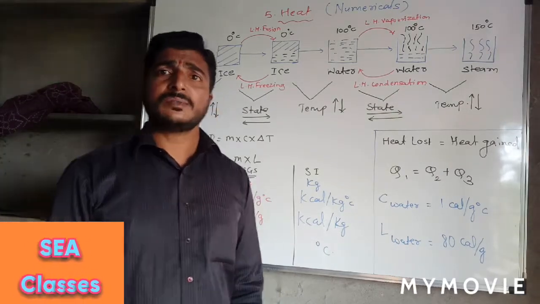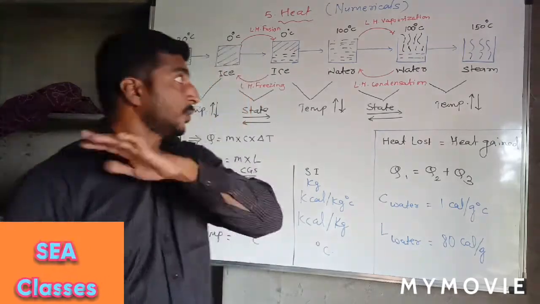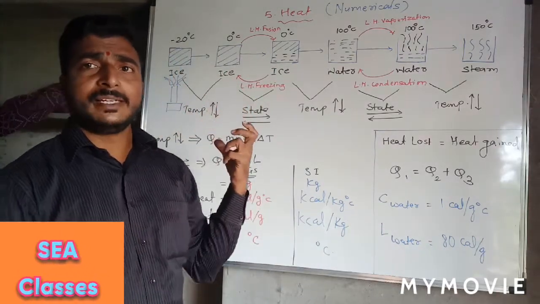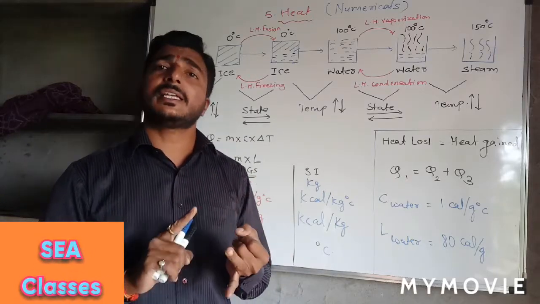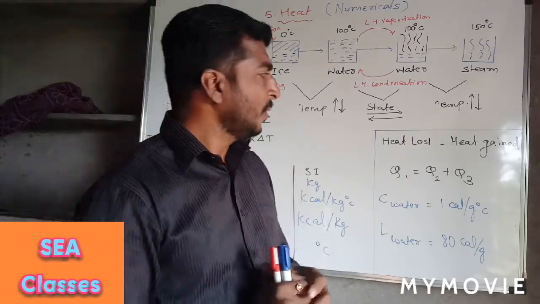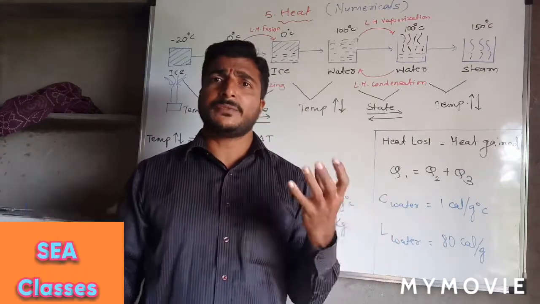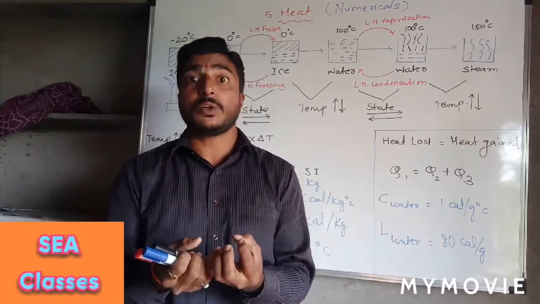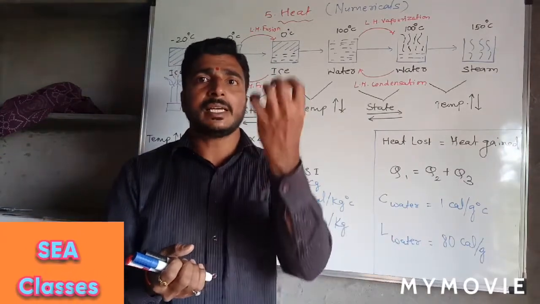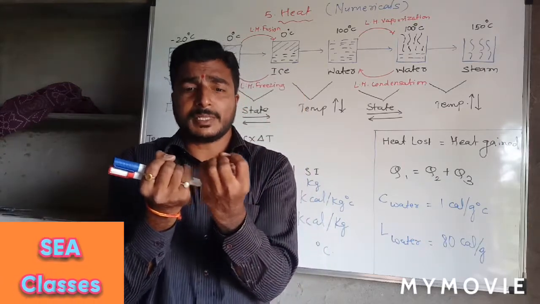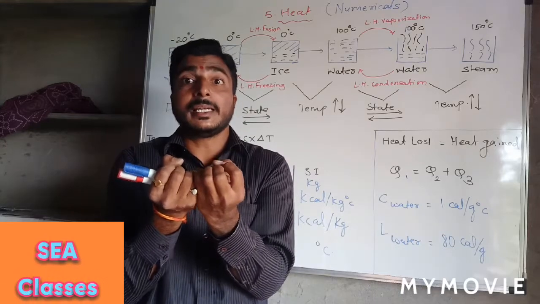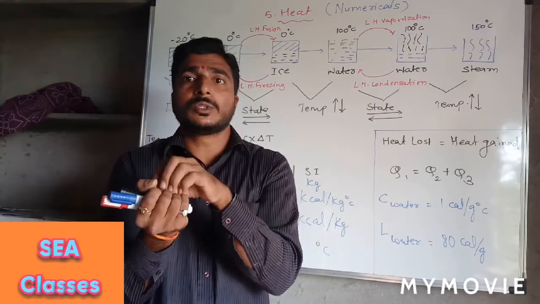Now one more concept that you have to understand. This was the case where, when an object is given heat, there will definitely be a change in the temperature or a change in the state. Now when there are two objects having different temperatures and they are placed near each other, what will happen? If this one is at 60 degrees and this one is at 10 degrees Celsius and they are kept near each other, heat will transfer from the higher level to the lower level.